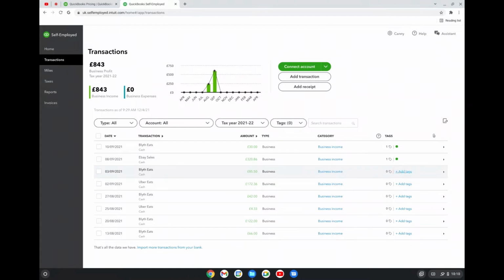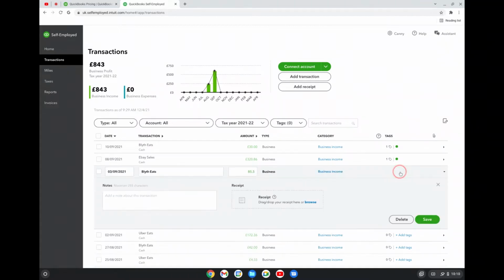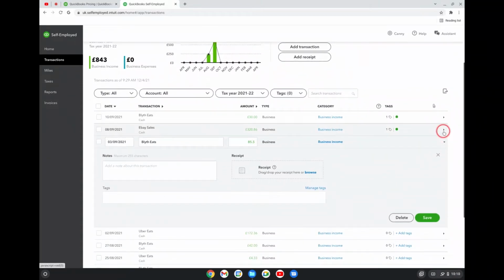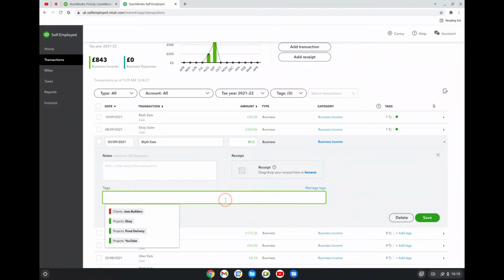So I see this transaction here for £85 for Blythe Eats. I can click on add tag there, and it doesn't really add a tag. It's the same as clicking on this thing here, which I don't like about it. I'd prefer just a little drop down there where I can add a tag. That's what I asked to do, add a tag. But you actually come in here, not the end of the world, but it's not very streamlined, because it just